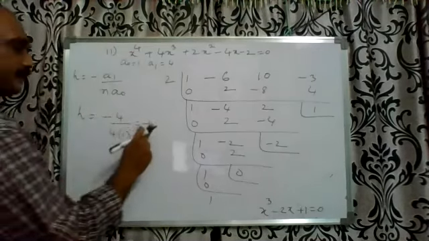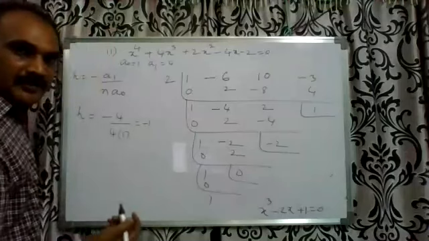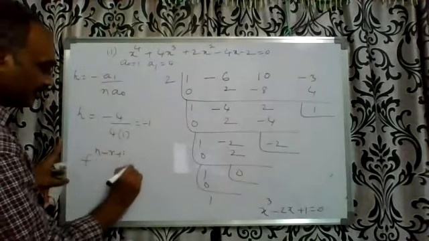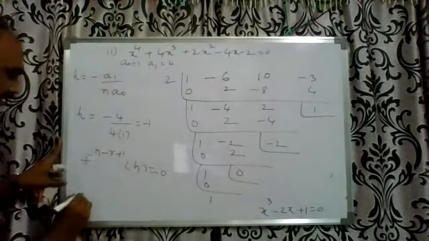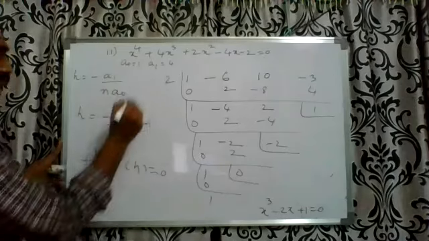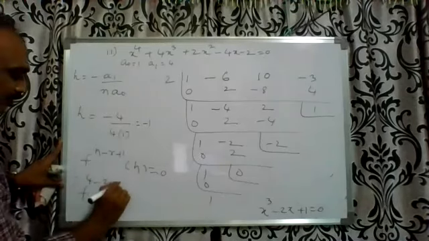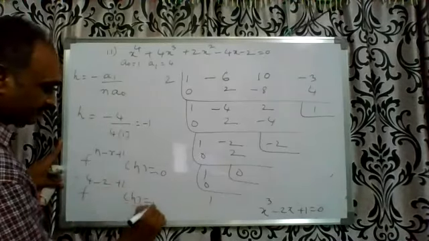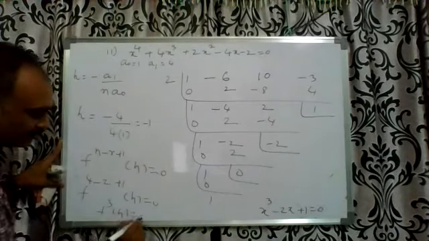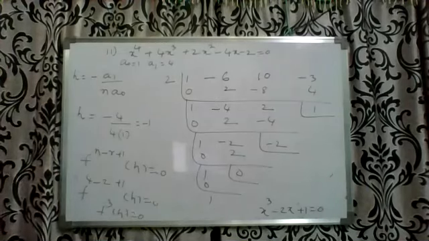Diminished by minus 1. Or the second formula: f power n minus r plus 1 of h is equal to 0. n is the highest degree 4, minus r, the second highest power 2, plus 1 of h is equal to 0. 4 plus 1 is 5, 5 minus 2. So the third derivative is equal to 0.